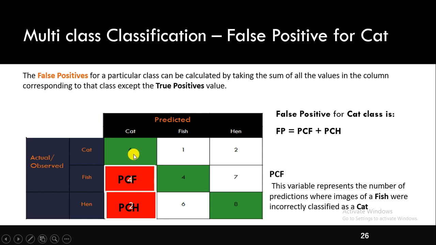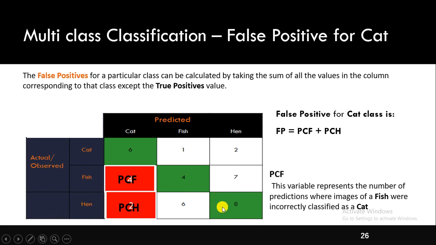So in this case, other than this value, the rest of the 2 values in the column need to be added. The false positive for a particular class can be calculated by taking the sum of all the values in the column corresponding to that class except the true positive value. If you look at the diagonal, the green colored diagonal values, these are the true positives for the respective classes. For example, in the case of fish, this is the true positive value.